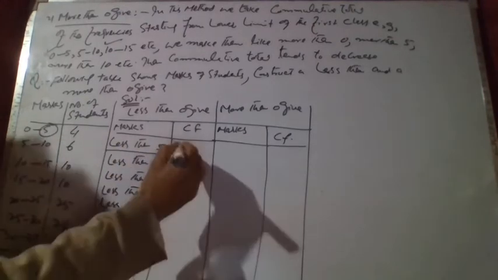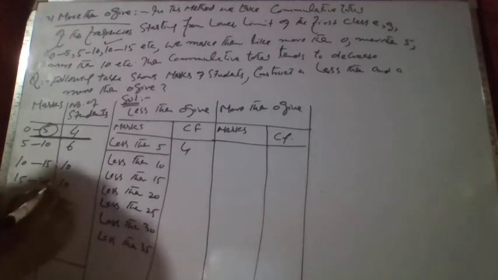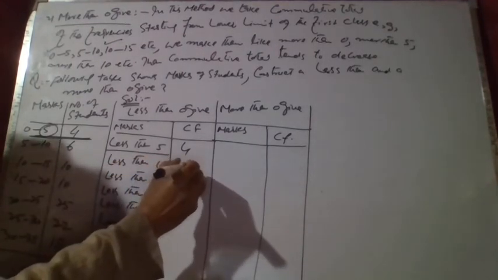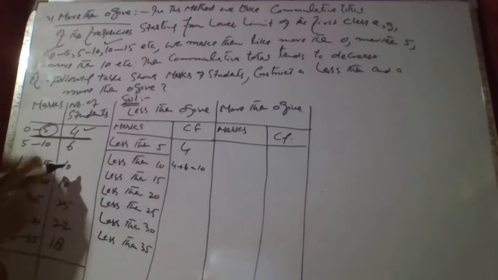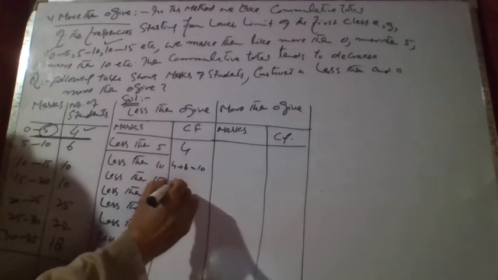ये बताता है हमें ऑल वैल्यूज लेस देन 5 कितने हैं। सारे वैल्यूज जो लेस देन 5 है वो कितने हैं। लेस देन 5 तो 4 वैल्यूज है। अब लेस देन 10 में कितने आ गए, 4 और 6, 10 हो गए। इसी तरह लेस देन 15 में ये तीनों आएंगे, 10 प्लस 10, इसका टोटल 20 होगा।